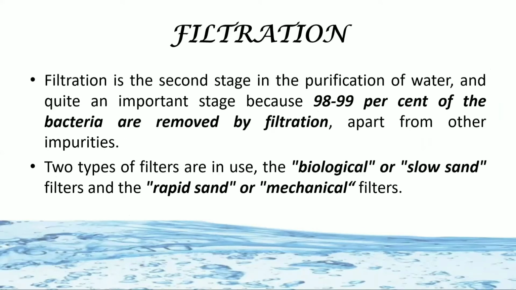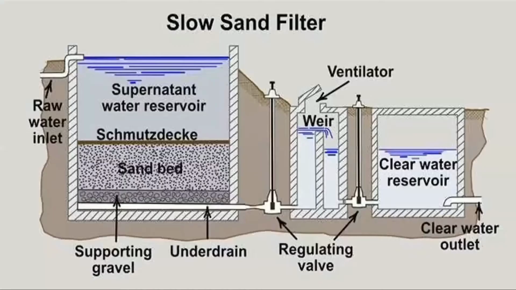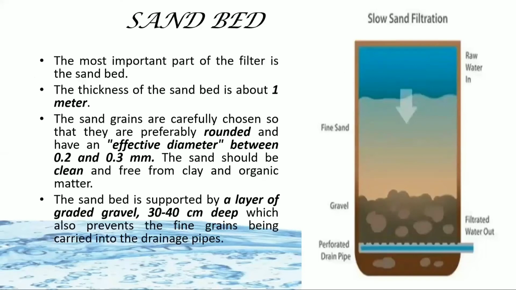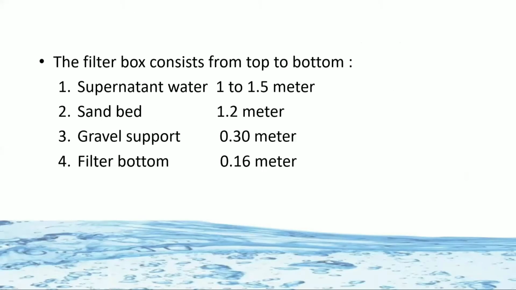The second process is filtration. Here also there are two types of filter: slow sand filter and rapid sand filter. We have seen slow sand or biological filter. There are four elements: supernatant water, bed of graded sand, under drainage system, and system of filter control valves. I will not go into detail. Yesterday it was already done. Today we'll start with